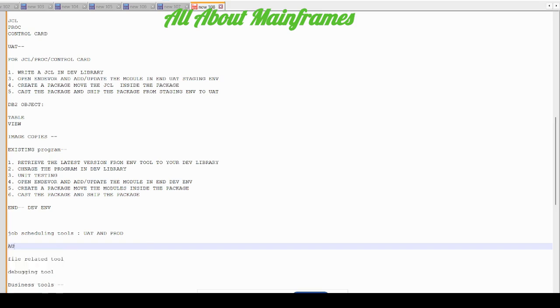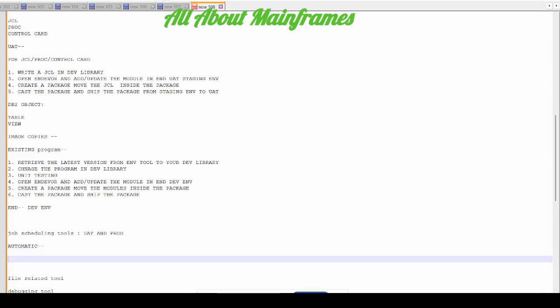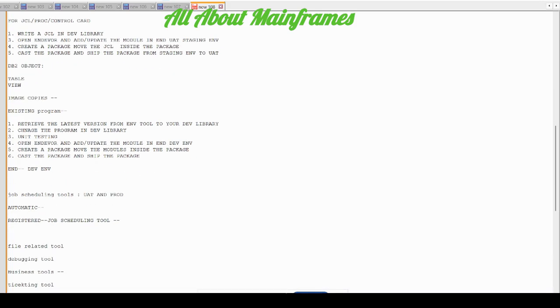And this process is automatic. No one will wake up in the midnight to restart the jobs or start the job. Every day, suppose if your application has 100 jobs, all the 100 jobs will run every day automatically. If any day anything fails, then you have to fix it. This is automatic run. Now, how are the jobs running automatically? That is because the jobs are registered in a tool called job scheduling tool. So whenever you create any job, for example, a new JCL that you're creating, when you create a JCL in dev and deliver it to UAT environment, for example,